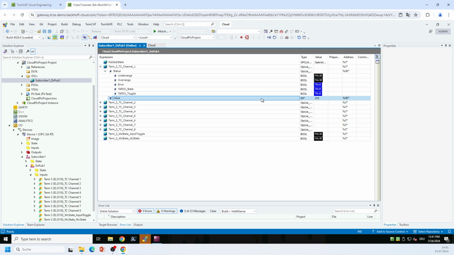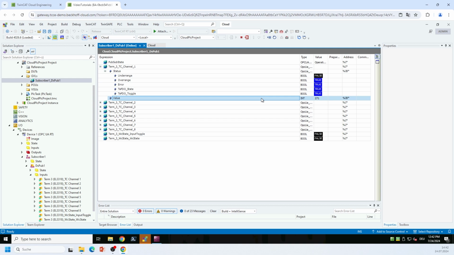And that was about it. I mean, just to recapitulate what we have done here in this video tutorial. We already had an OPC UA publisher that sends data to the message broker. So we already had that from the other video tutorial. And what we did here is we exported the publisher configuration into the standardized configuration file. We imported that configuration file in order to create a subscriber that fits to the publisher. We have automatically generated PLC code out of this subscriber, and we have activated the configuration.